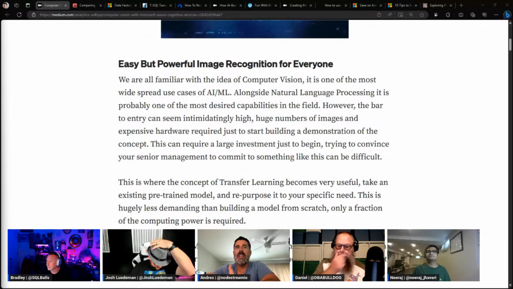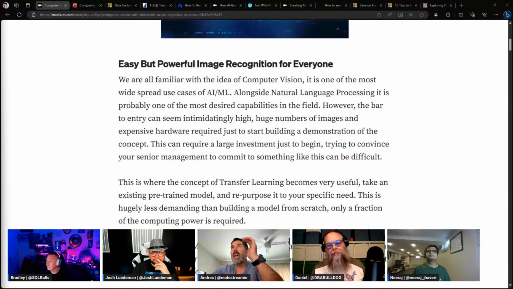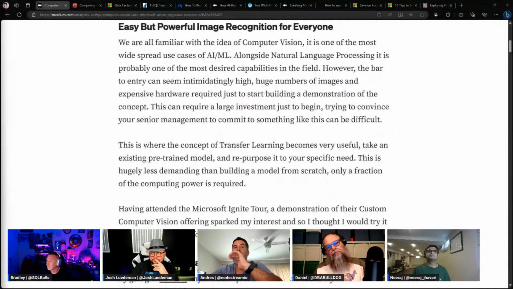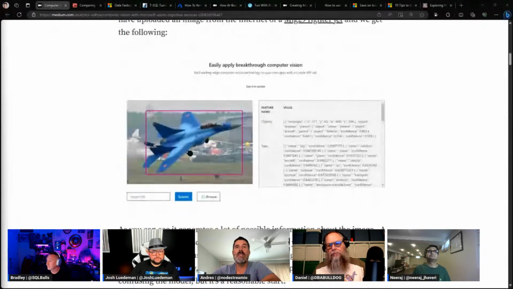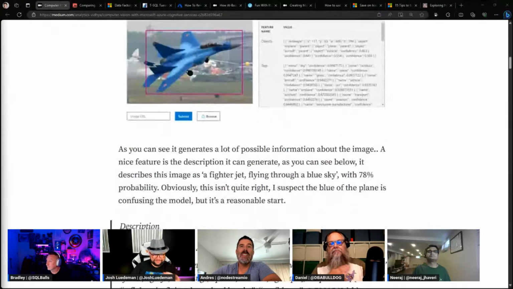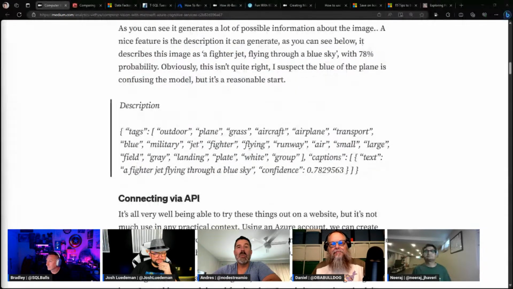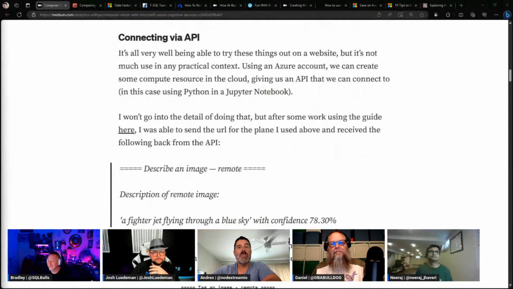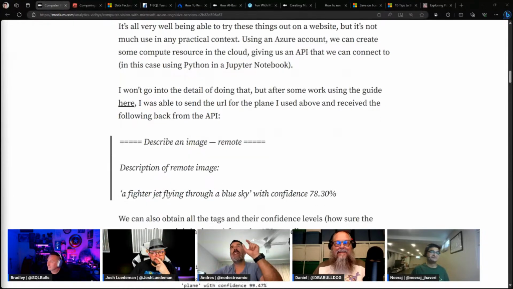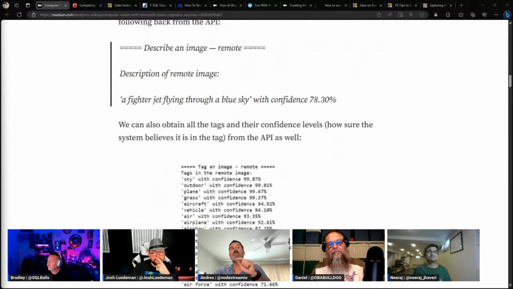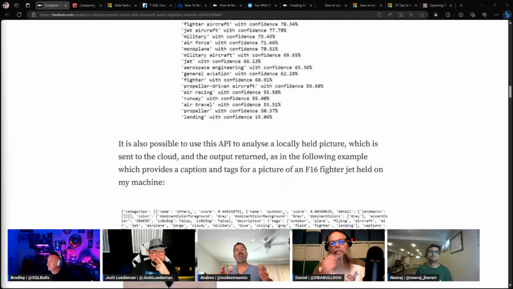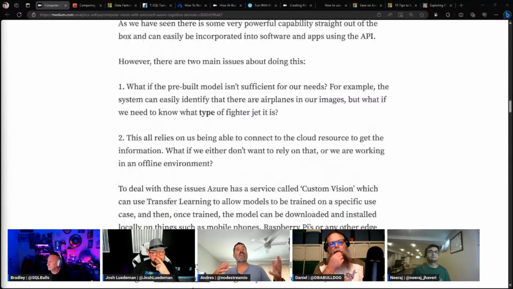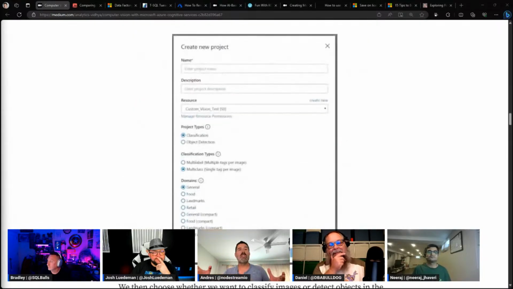article on computer vision. He starts out with what we have in our computer vision API, how you can do a basic demonstration, and he pulled on my heartstrings because he used MiG, F-16 examples, fighter jet examples. After I read this, the pattern was not full anymore. It was open. And then he moved on to how to take Azure's custom computer vision and expand on a pre-built model so you could get that model, package it, and use it in edge scenarios.